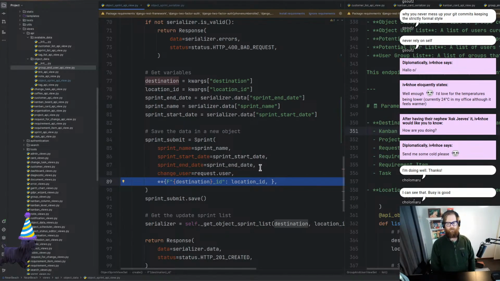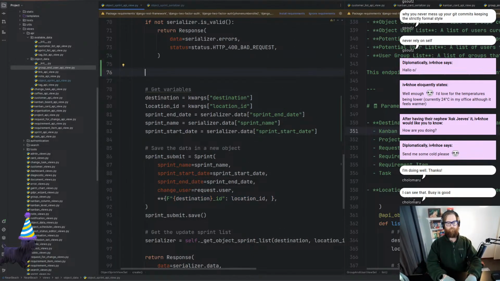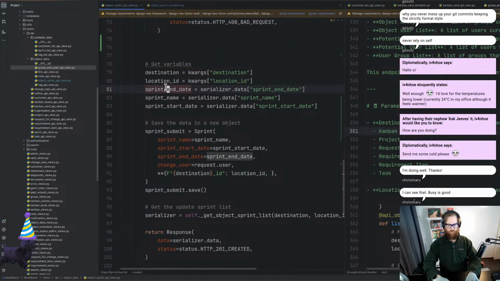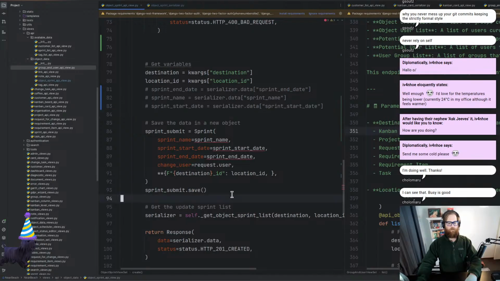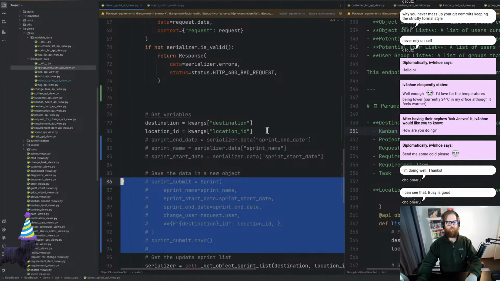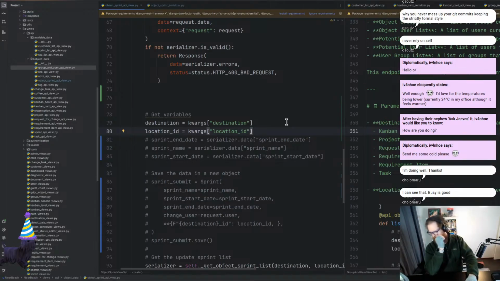So, how are we going to do this properly? Now another thing I've got to get: object sprint, destination, location, ID. We are using destination and location quite a bit. I don't think we'll use these three. I definitely don't want to do it like that. So what I want to have,